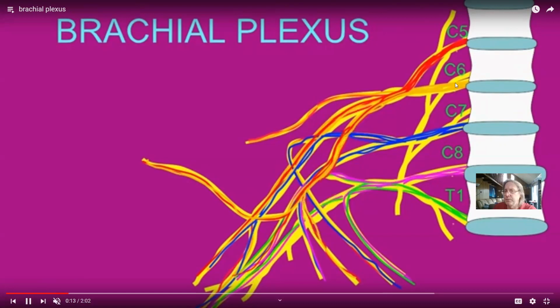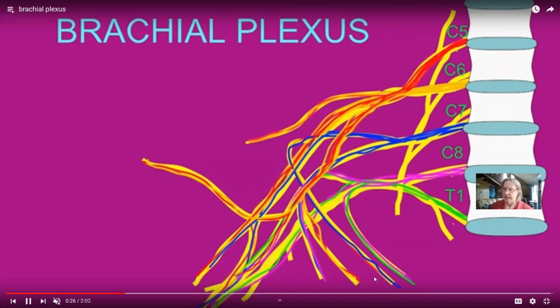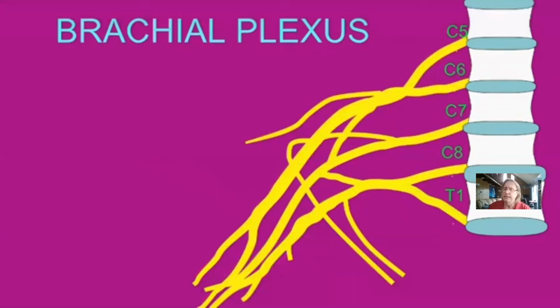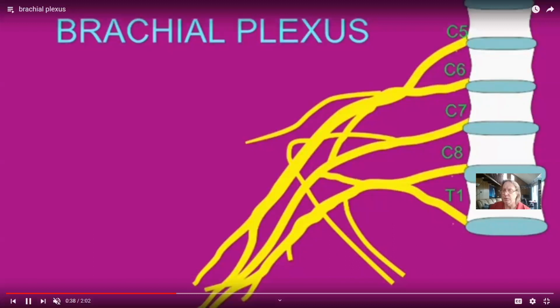So if all of C5 is red, all of C6 is orange, all of C7 is blue, etc. Notice that some of the blue fibers end up going this way in this nerve. Some of the blue fibers end up going this way. And so when we look at the muscles of, say, the arm and chest, like the pectoralis or the deltoid or the triceps, none of them are innervated only by C7. None of them are innervated only by T1. Instead, because all of these fibers swap